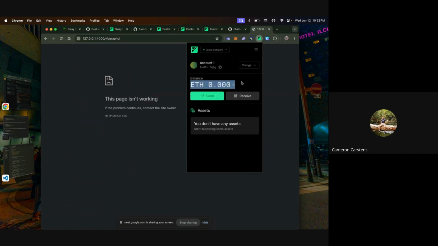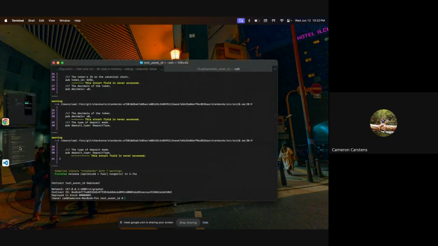My wallet here is not funded because I just spun it up. But you can then send fuel funds to this wallet and interact from there. And I think that's a very basic run through of setting up a wallet, setting up a node, deploying a contract,